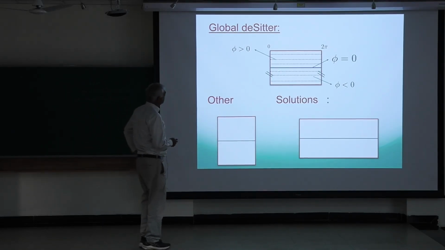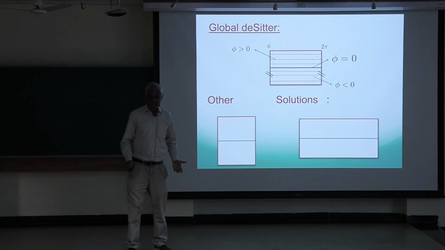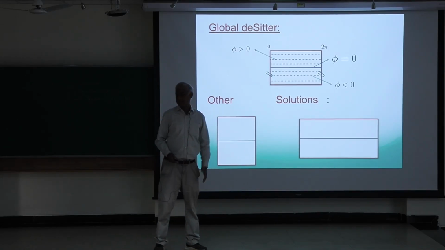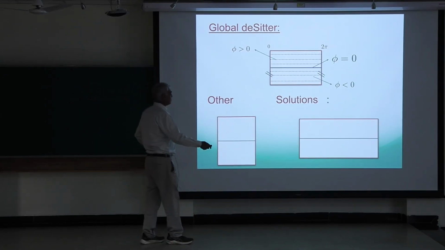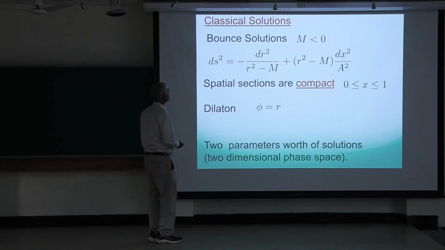Now, when you look at it, one realizes that because these dashed lines are isometries, nothing is changing in the geometry. You could also make an identification by not going a total range 2 pi. You can go less or more than 2 pi. That's also an allowed identification to make. The dilaton is anyway constant along these lines. The metric, this is a Killing direction. The metric is not changing. So you can do that. And in this way, you get a host of solutions which correspond to taking the aspect ratio of the Penrose diagram to be different from the one here. Either you can make it more oblong or more whatever, width or length can increase. So this is one entire class of solutions you get.